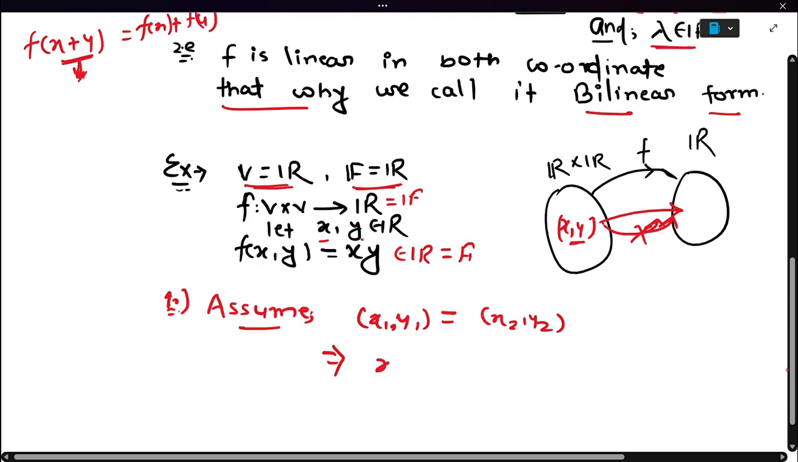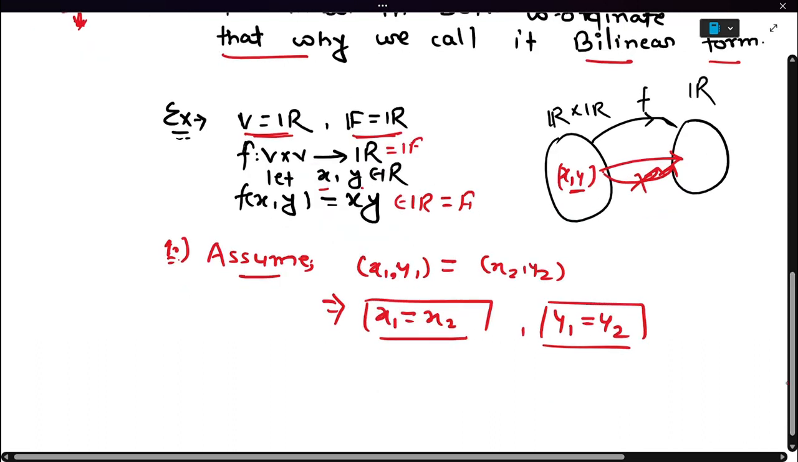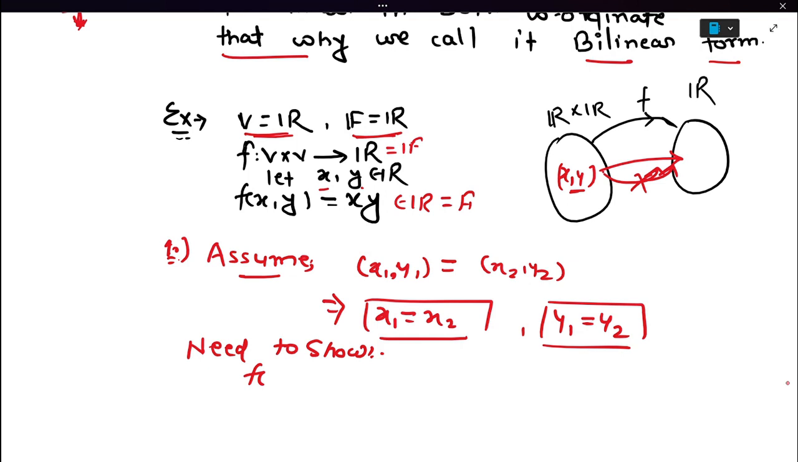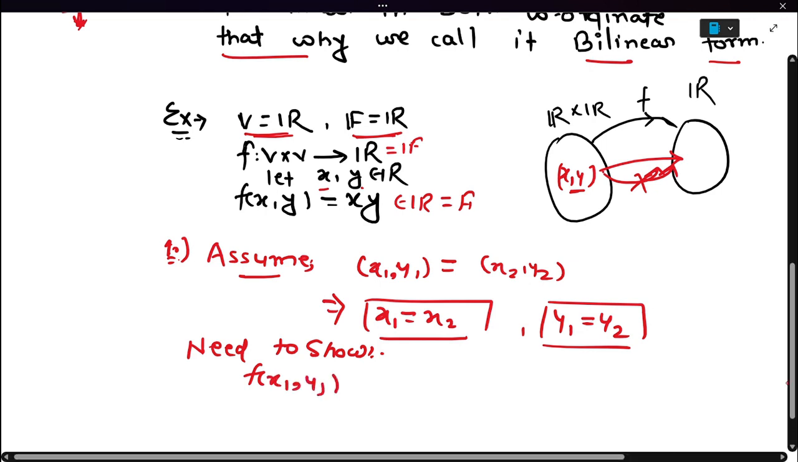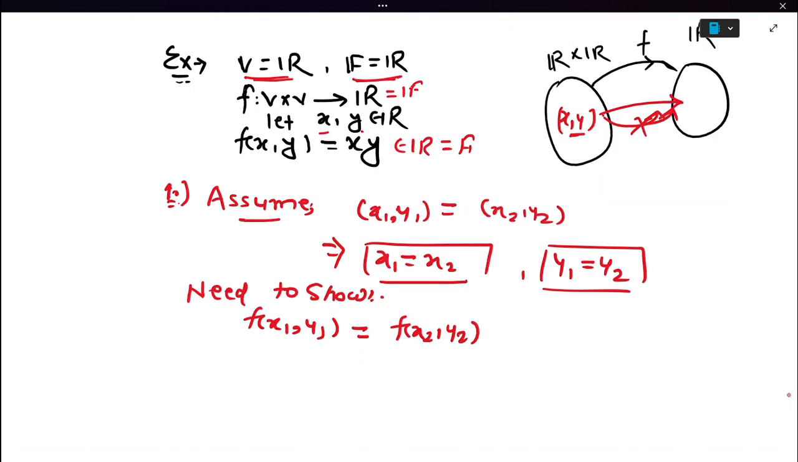This will imply the first coordinate x1 equals x2 and y1 equals y2. Okay, so how can we write here? What do we need to show? Because this is equal, the image will also be equal, meaning f(x1, y1) should be equal to f(x2, y2). So we can take here